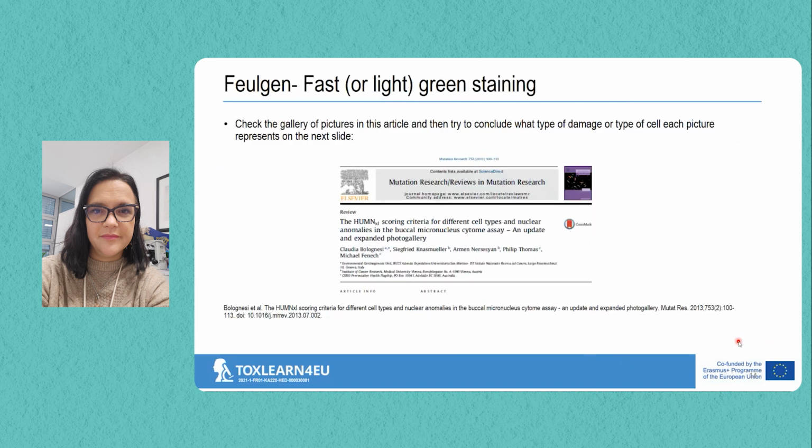But today, there is a big group of scientists gathered in the Human XCell group. They are called like this. And they have validated and made a standardized protocol for the buccal micronucleus cytome assay, and have concluded that Feulgen and fast or light green staining is actually the best one to use to get more precise results. So if you want to see the gallery of the pictures and see how the damage can be measured or seen, you can check also this